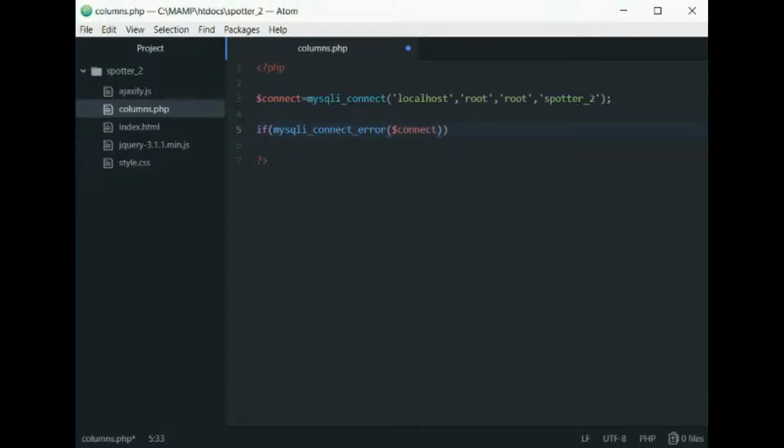So if there is a MySQL connect error in MySQLi connect, my connect variable is standing in for it here, open curly brackets,